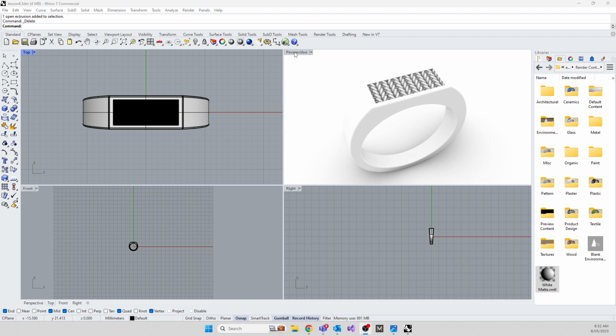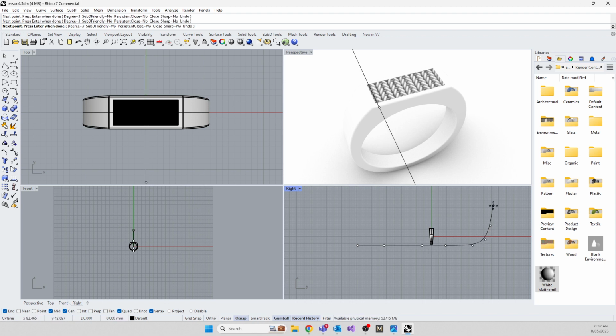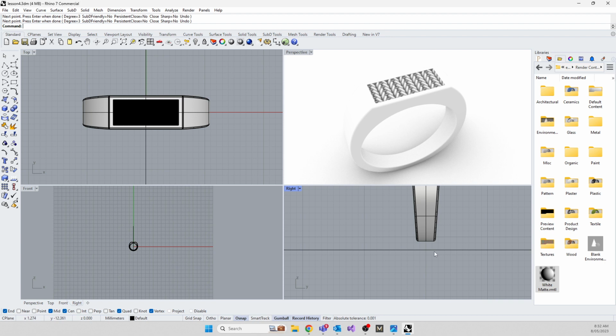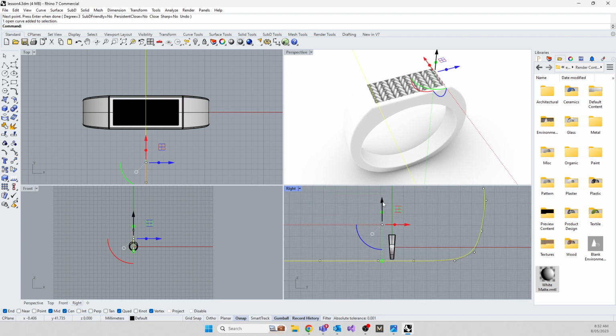We want to render this, so we need a ground plane for it to be on. A ring doesn't float in space, so I'm going to create one with what's called an infinite plane in photography. So I'm going to grab a line in the side view here, and I'm just going to use shift. I'm going to drag it out straight a few times and then curve it upwards so that it's infinite. All right, so there's the curvature, it never ends. In this view, just make sure we get it kind of underneath the ring, like that, I guess, and then